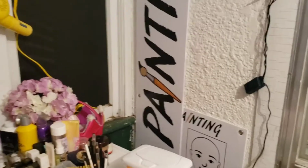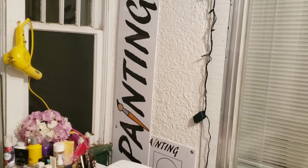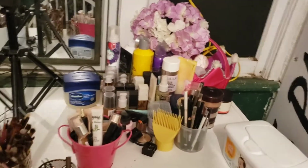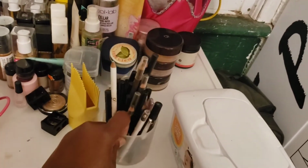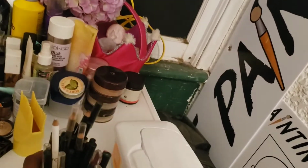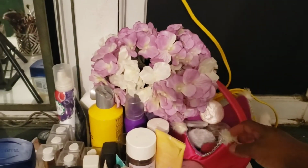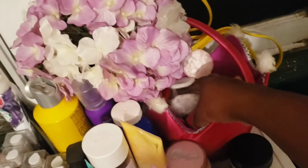All right, if you guys didn't know, I do face painting in the summer, except this summer because we all know COVID happened. So I have my face painting posters there, and moving right along, I have some of my foundation, and in here this came with, I think I bought like protein shakes, and this was like a cup with it, so I bought 2 of them. So I just store my lip pencils or my eyebrow pencils in there, and this was another miscellaneous basket that I have. And what I do, I store